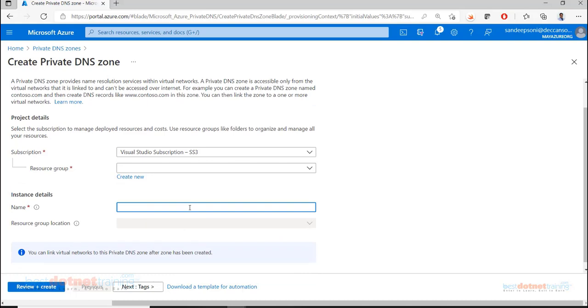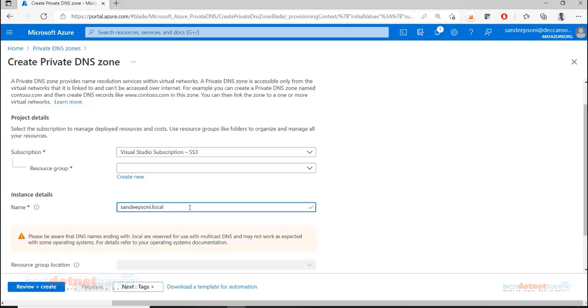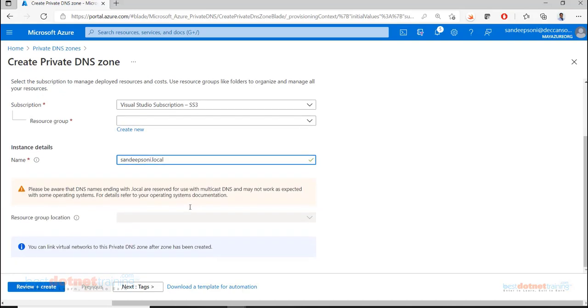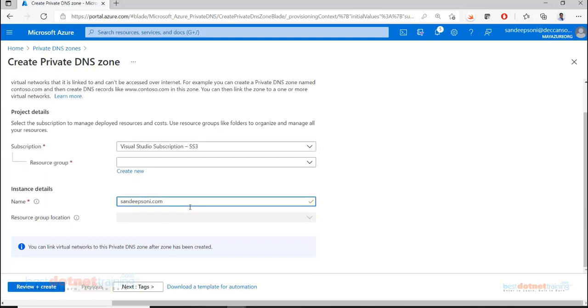So let's say I create a domain name sandeepsoni.local. Imagine. So they are saying it is not recommended. Okay, we'll use .com. Local is used internally for something. So I'm creating sandeepsoni.